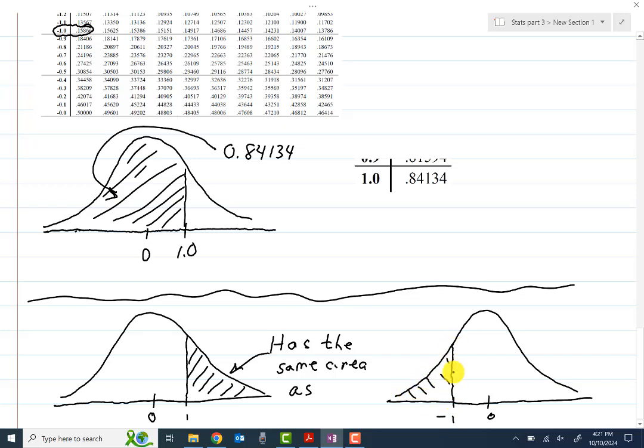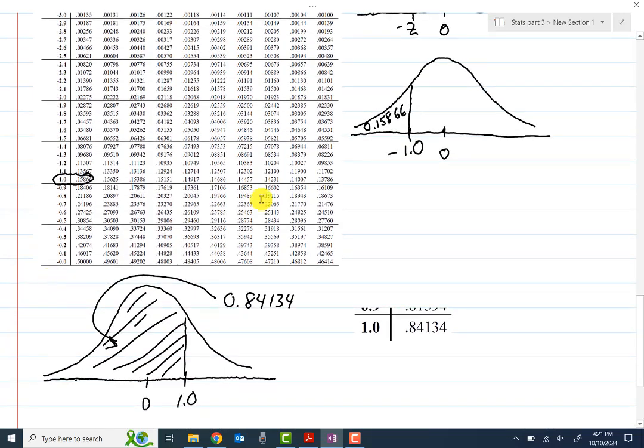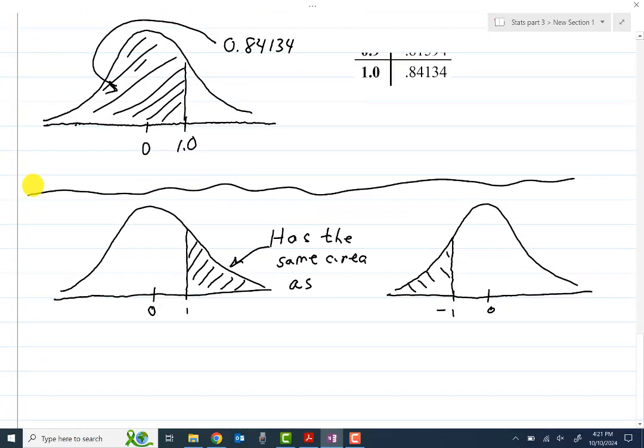It may not look perfect, but this area from -1 off to negative infinity is the same as the area from 1 to infinity. This is because the graphs are so symmetric. They may not look extremely symmetric based on the way I draw them, but believe me, they're completely symmetric. So anytime we have an area going off to the right, we can simply calculate this, which I think we even did earlier. We did 0.15866. So this area is